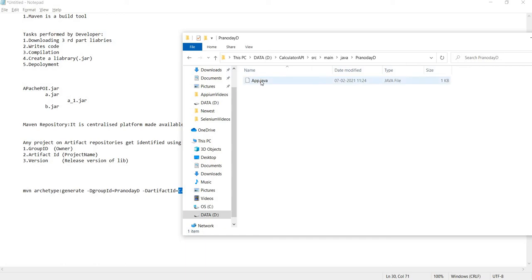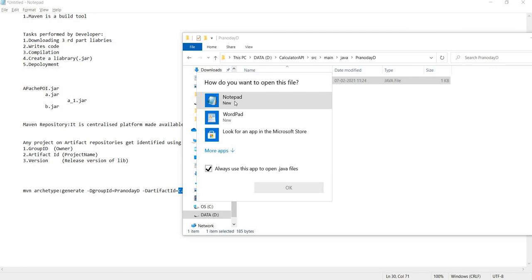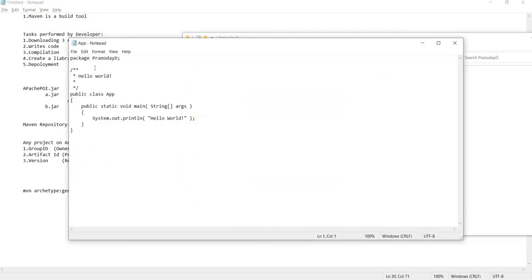So App.java is where you are supposed to write the source code of the application you are trying to build. Inside src/main/java you get a package directory named after the group ID. So src/main/java is the source directory, and inside that is the group ID package directory. Inside that you have a Java file which is coming from the template. This is just a simple template Java file. If you don't want to use it, you can delete this and write your own.